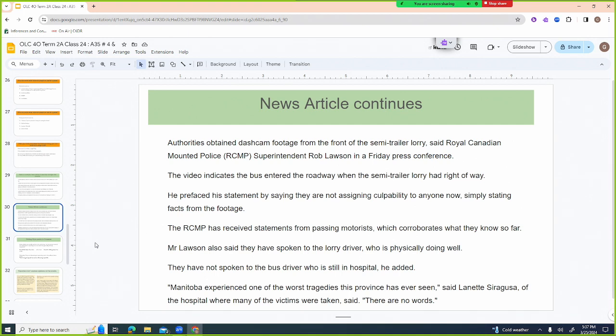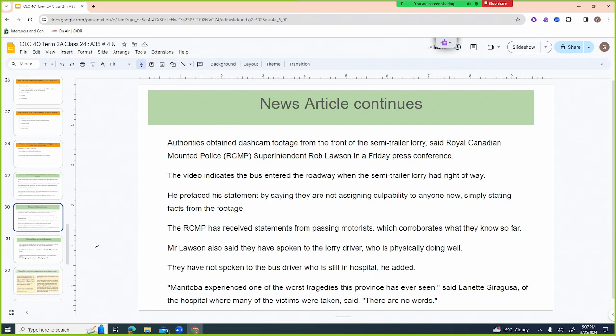The video indicates the bus entered the roadway when the semi-trailer lorry had the right-of-way. He prefaced his statement by saying, "They are not assigning culpability to anyone now, simply stating facts from the footage." The RCMP has received statements from passing motorists which corroborates what they know so far. Mr. Lawson also said they have spoken to the lorry driver, who is physically doing well. They have not spoken to the bus driver, who is still in hospital, he added.